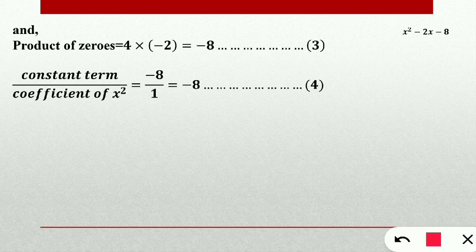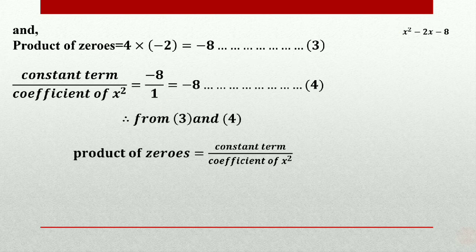Here constant term is minus 8 and coefficient of x square again 1. Therefore here we get minus 8 upon 1, and which is equal to minus 8. Therefore from 3 and 4 we can say product of zeros is equal to constant term upon coefficient of x square. Hence relationship verified. So students,